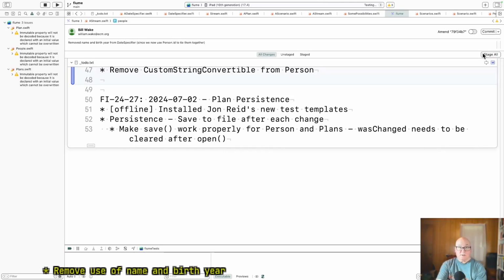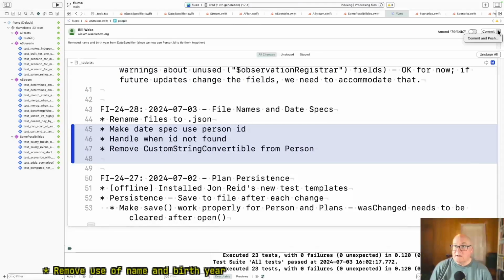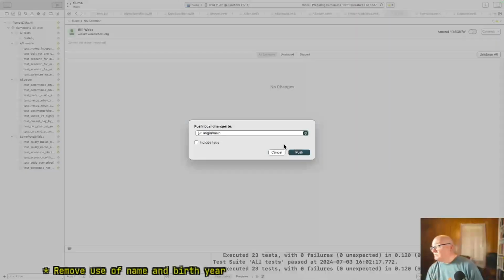But I think this was a good change. Before, we had a total new copy of the person in the plans list, and that means if anything changed, it had its own copy and it wasn't going to know. So now we're getting the latest information. So this is definitely a winner to me, even though it was a big change, almost half an hour.